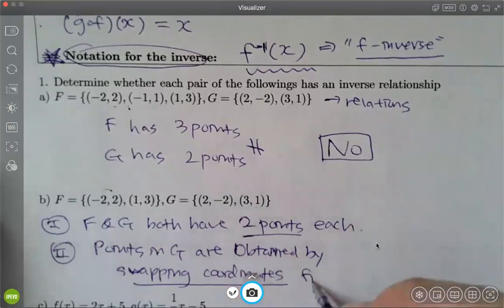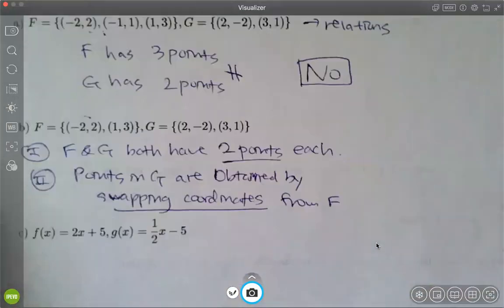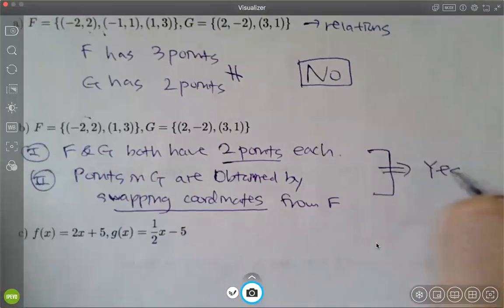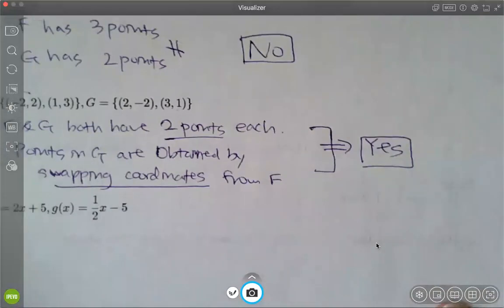By these two conditions, yes, they are inverses. So it's fairly easy to tell when we are given a relation. Now,